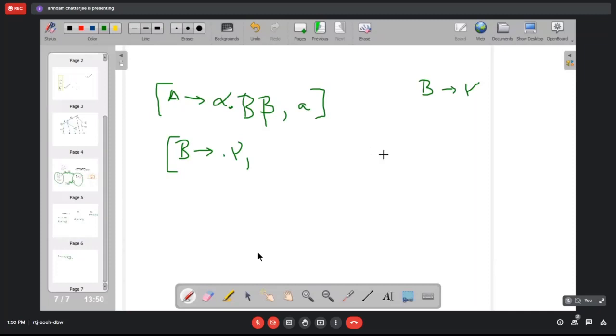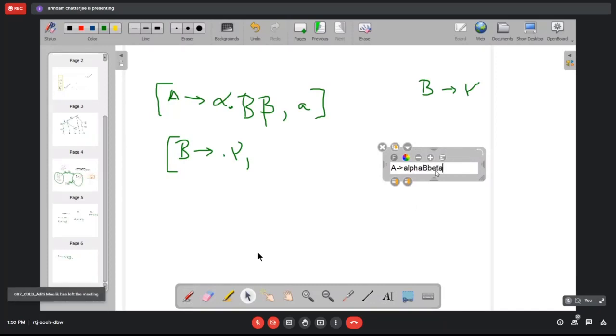So if you have a production, then what are you going to expect? You will have something like A producing alpha B beta.